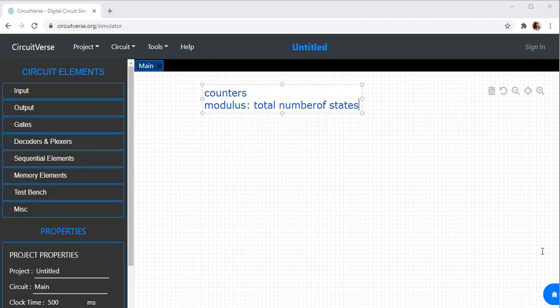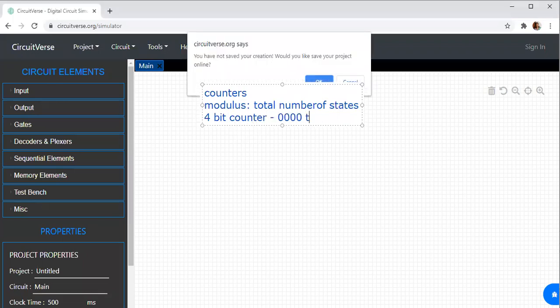Now, if a counter counts from a binary sequence 0000, so if I have a 4-bit counter and it counts from 0000 to 1001, how many states are there?